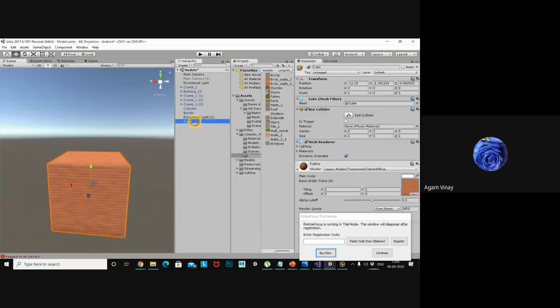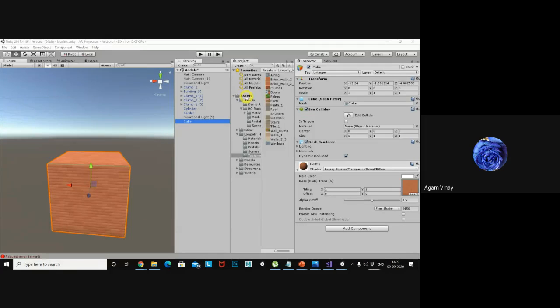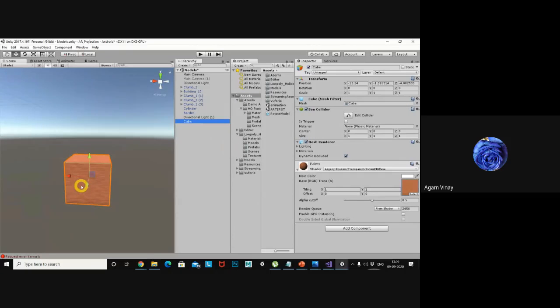Now coming to prefab: whatever model you have used in your scene, if you want to use it further, you just make it a prefab. How to make it a prefab? Drag and drop the model into your assets. Now the cube is in my hierarchy.